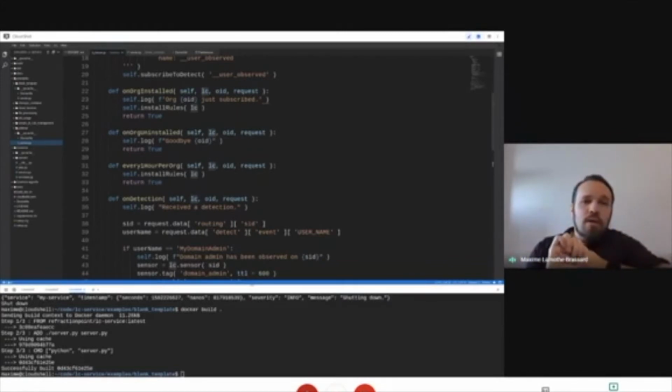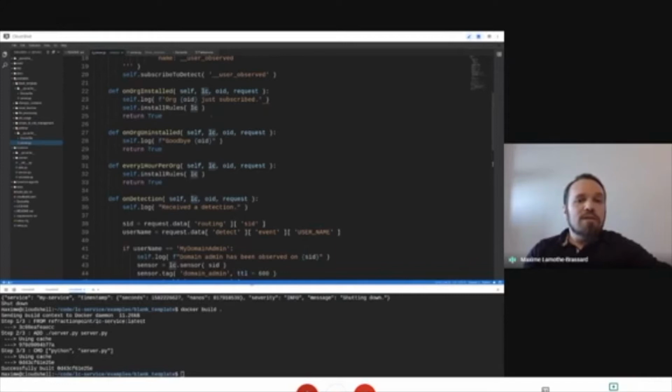They get an OID, which is for your records, the organization ID we're talking about. And they get the request. The request will contain a little bit more information, potentially about who's making the request, or data that's included in it, and you'll see an example of that. So all of your callbacks get that and can leverage it.